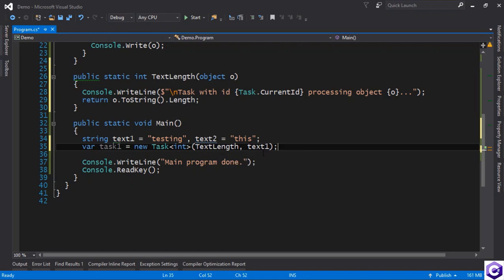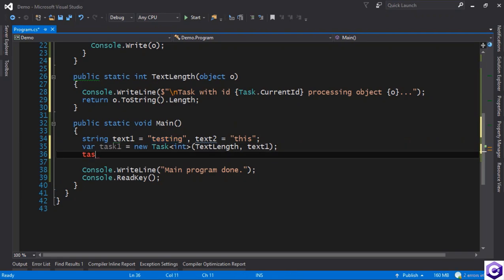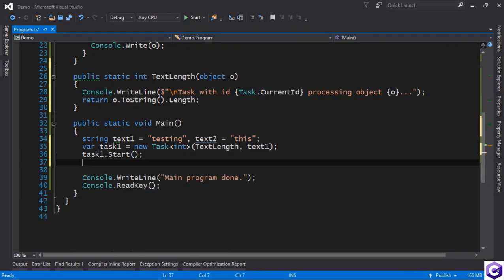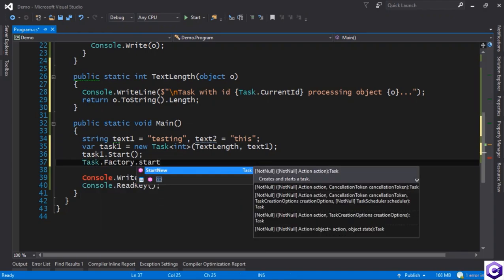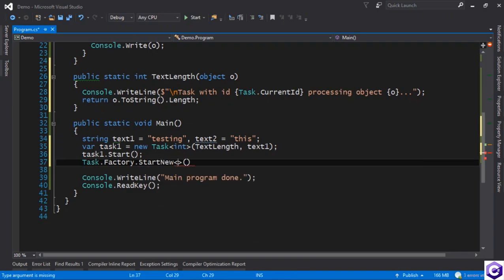It's going to take text1, measure its length, return it to us, but it's also going to do this nice WriteLine thing for us. So task1, since it's an explicit task, it has to be started, so task1.Start, and then we'll make a second task using Task.Factory.StartNew. Once again, we'll use a generic version of StartNew by specifying an int here, specifying the TextLength